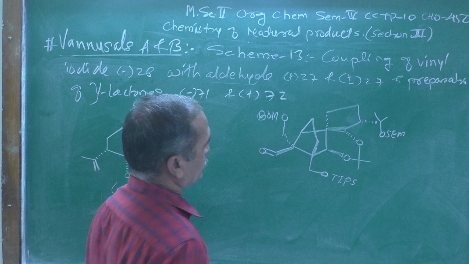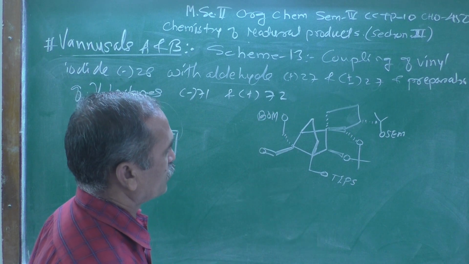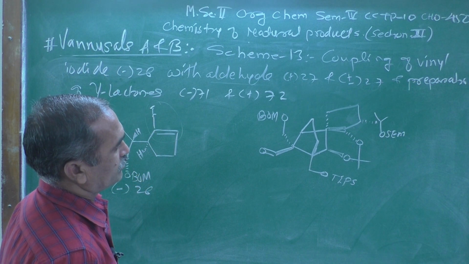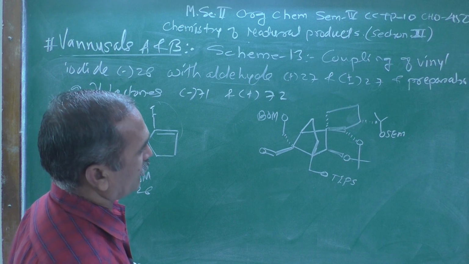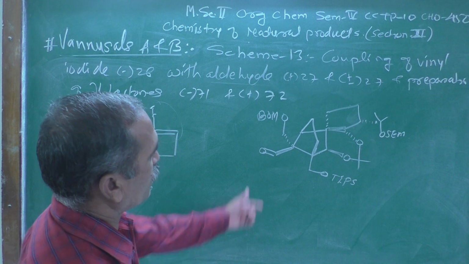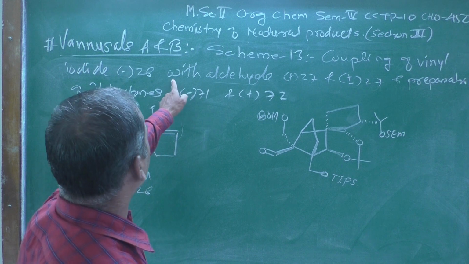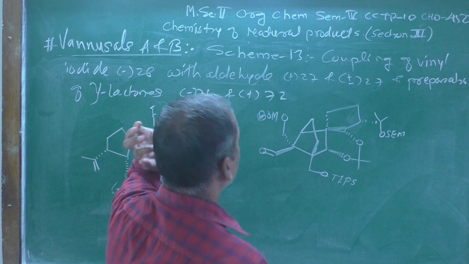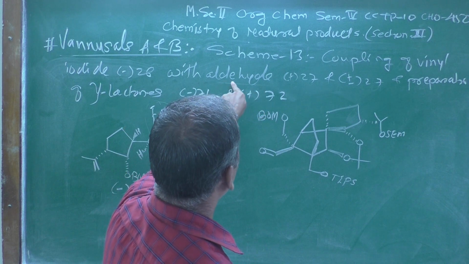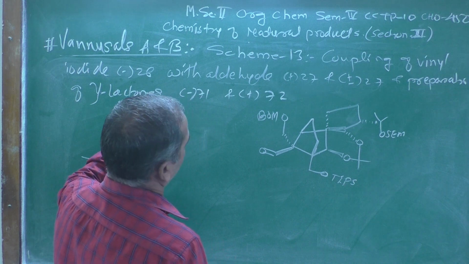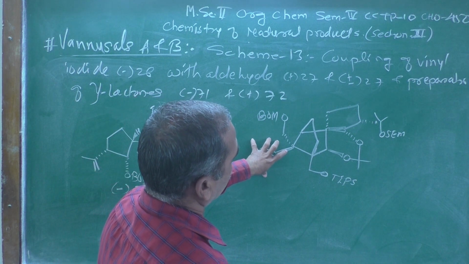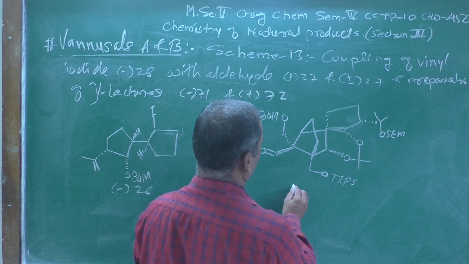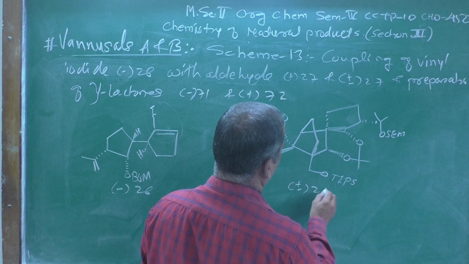BOM. This is a primary alcohol, this is also a primary alcohol, this is a tertiary alcohol, but different reagents and different protecting groups are used, all protecting only the reactive aldehyde. If you consider this as the R part, then this becomes an aldehyde, and that is why the name is given as a vinyl iodide, meaning this part, and the aldehyde is this part. So you should remember that while considering this reaction, and this is structure number plus minus 27 as well as plus 27.